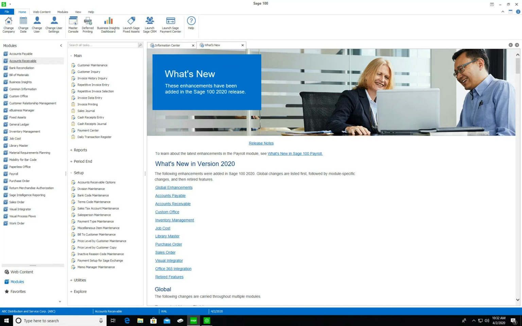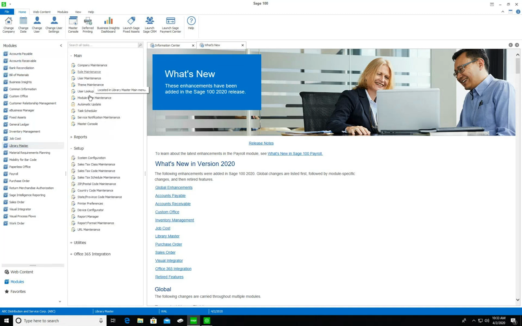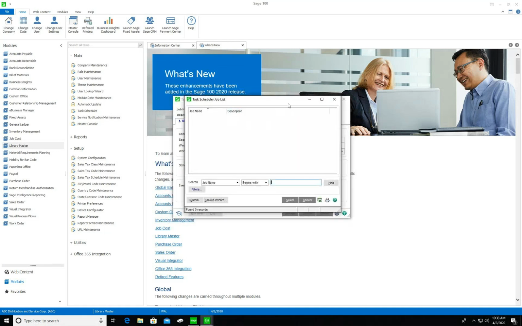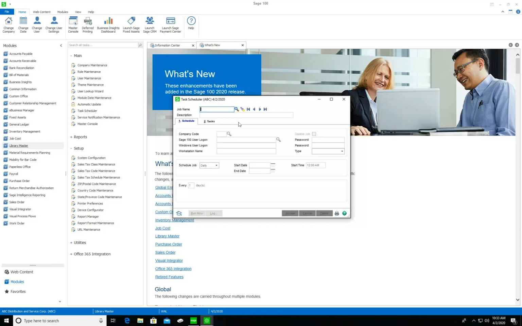So now we've got much more flexibility in how we can help and how we can help customize your system without truly having to bother you to do it. And while that is an entirely new feature, including the ability to schedule it, scheduling in general is not a new feature to 2020. That's been around for a couple of versions, and I'll just touch on that briefly to make sure everybody's aware. So if I want to build a job name,